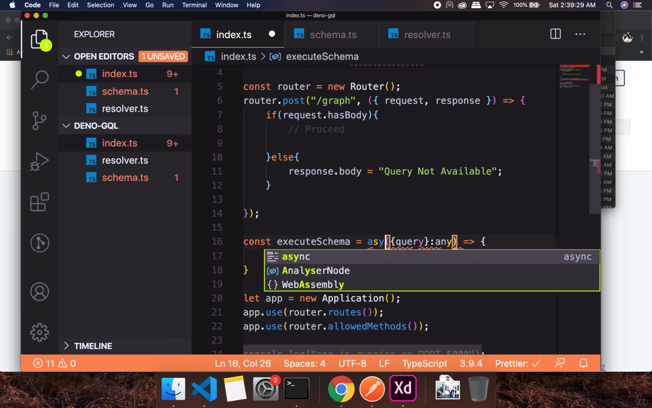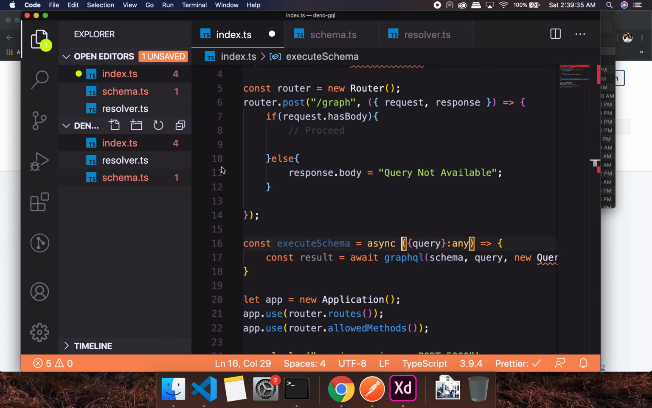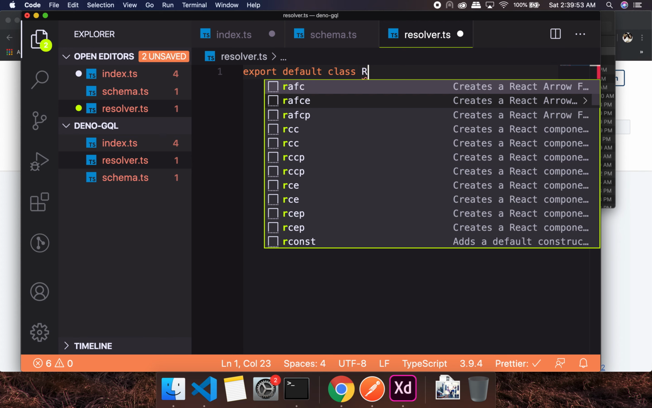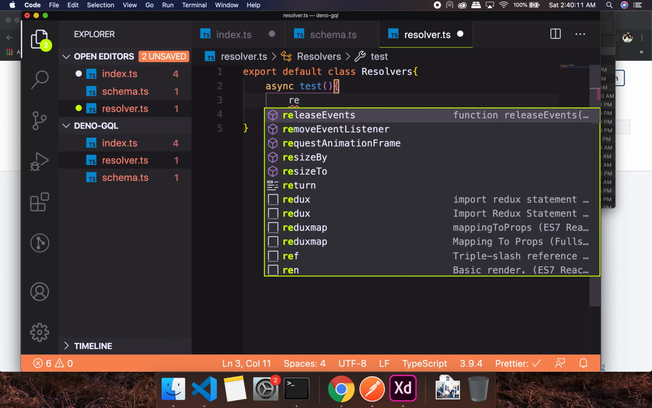Okay, await, so it's supposed to be async, and query, we still don't have it. So first of all, I'm going to go into the resolver. We can name it whatever we want, but we'll just name it query here. So export default class query, or it could even be resolver. So let's name it resolver. Okay, resolvers, and async. First of all, it's a test one, so test, and we'll just return